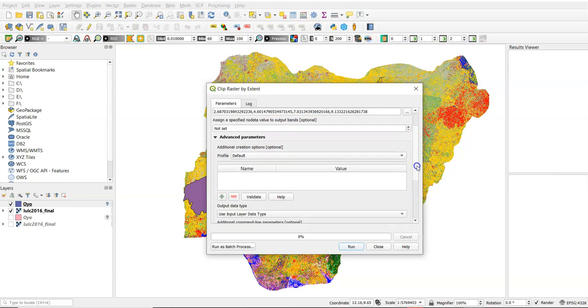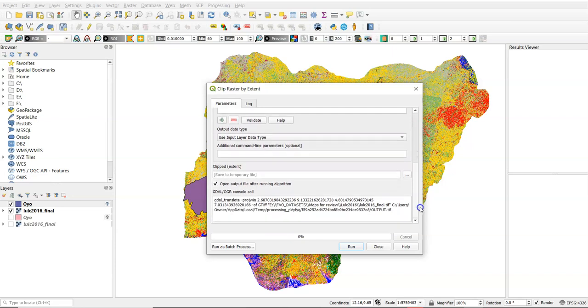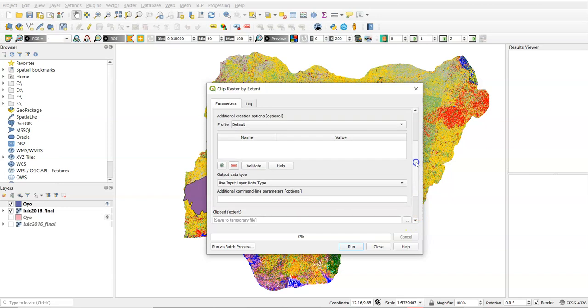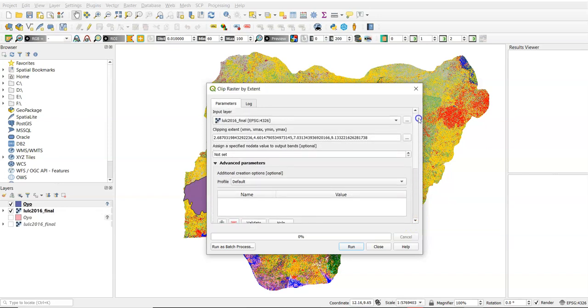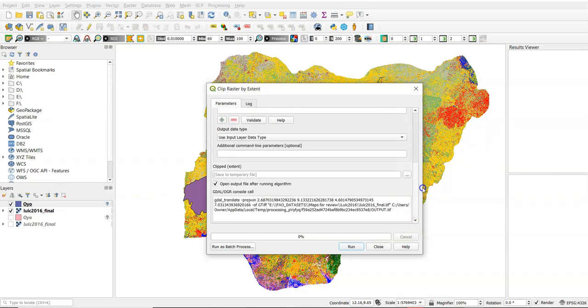But in our own case we just continue, and then we choose where to save the work. You can give it a name and specify the name of the file that your work is going into.